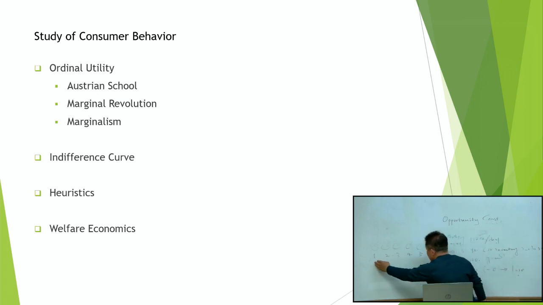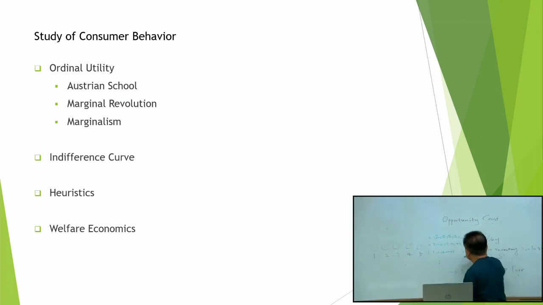So I ate the 5 apples. After that, I get utility 4. 1, 2, 3, 4. Increase utility. This style is the opposite: